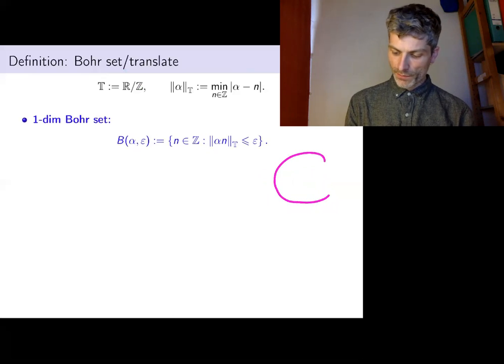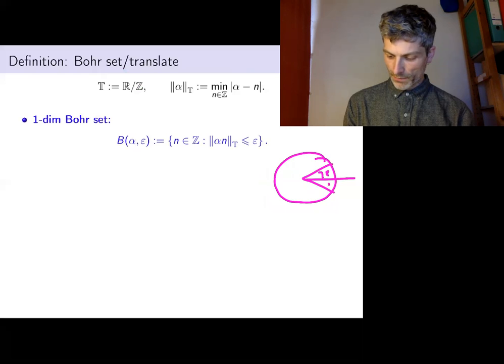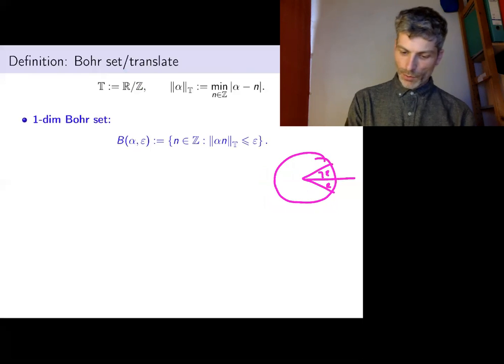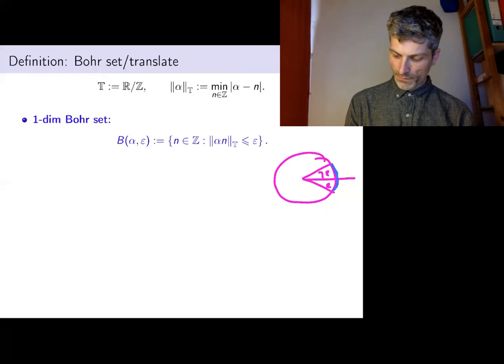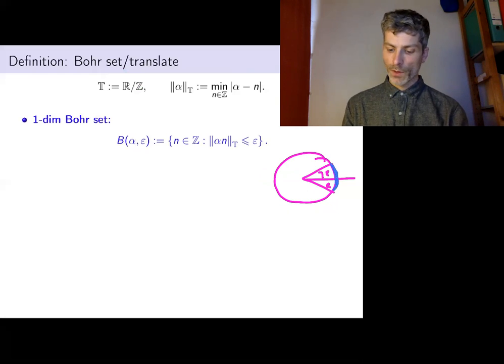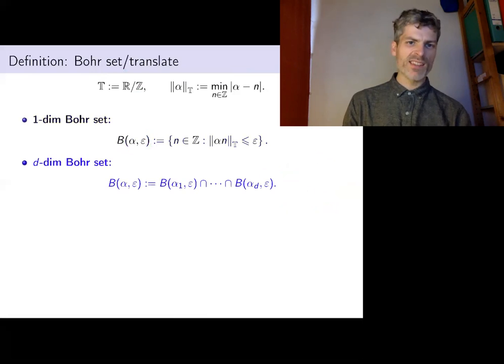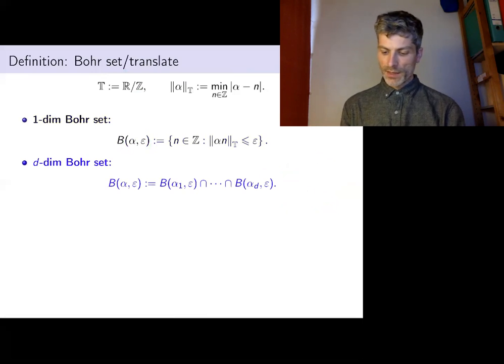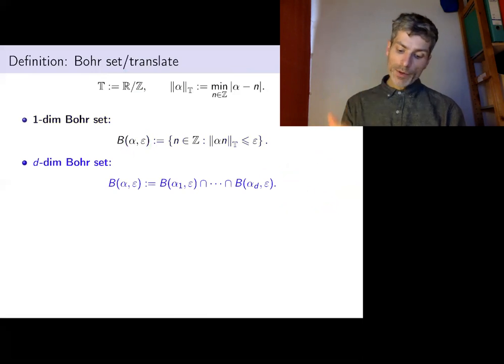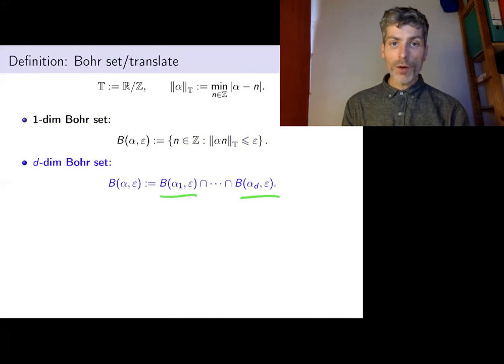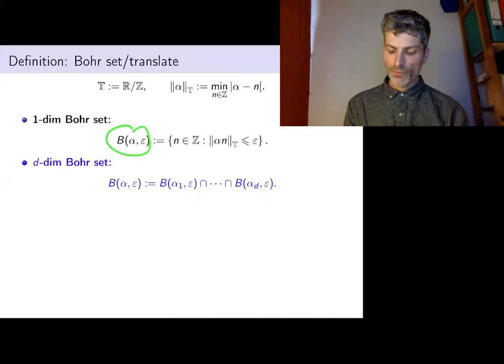You take your circle, you take some angles epsilon, and you pull back the corresponding arc. That's a one-dimensional Bohr set with frequency alpha and radius epsilon. Radius is the angle. A d-dimensional Bohr set is an intersection of d copies of a one-dimensional Bohr set with different frequencies,